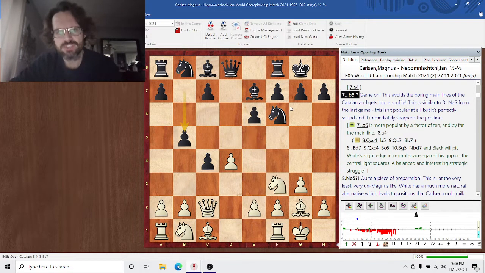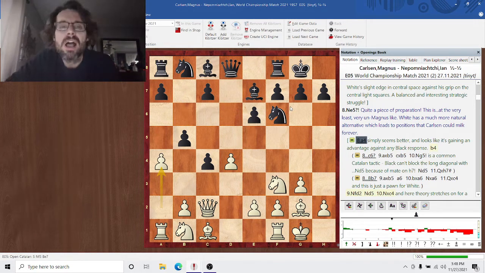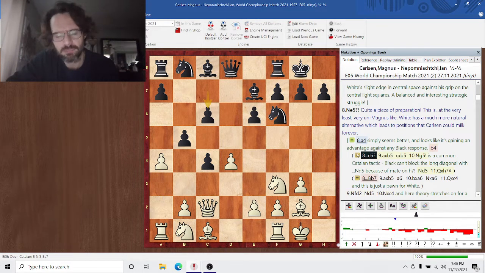But the correct move is a4. And that just leads to positions that Carlsen, based on his style, would love to milk for the next 60, 70 moves. b4 is forced. If white plays c6, or black plays c6,